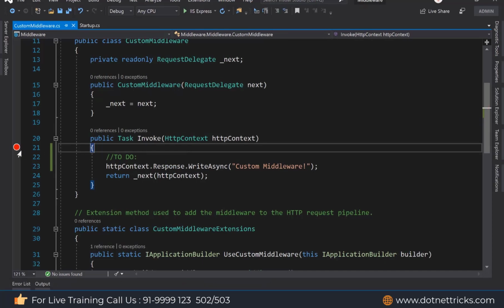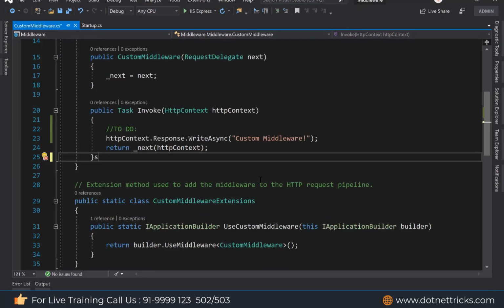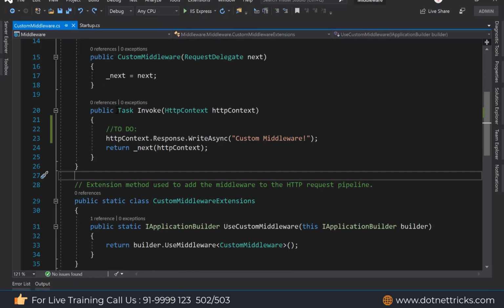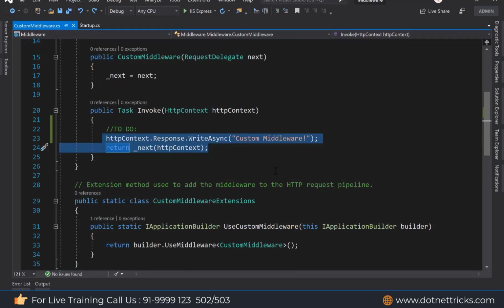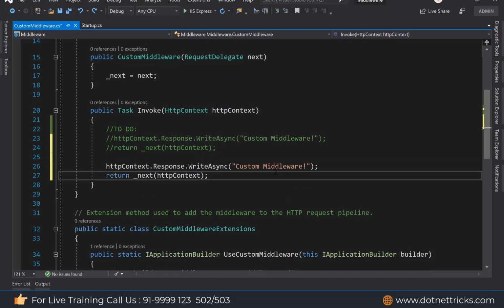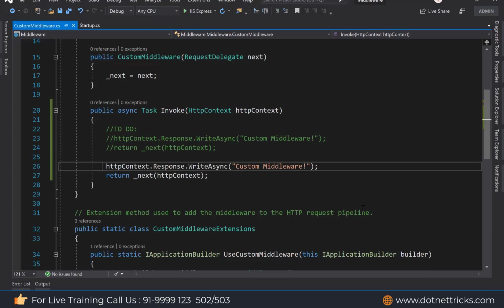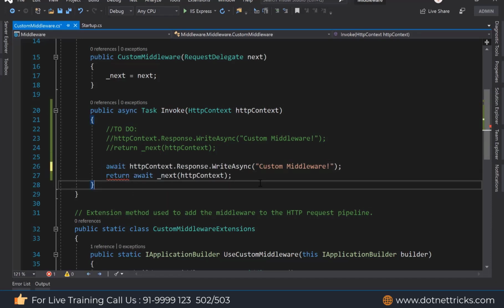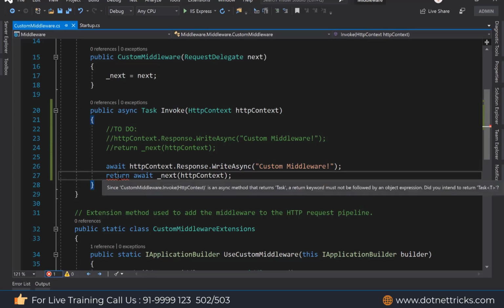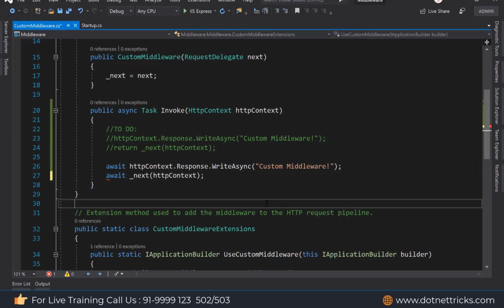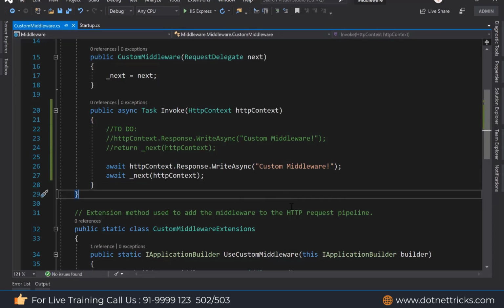Even this middleware we can convert into asynchronous. So we can make an async middleware as well. What change do I need to make here? Let me comment this code so that you can refer to it as a reference. I am just using async here. You need to mention async and use await. By mentioning async and await, we can convert our middleware to asynchronous fashion. And you don't need to mention a return now. It would be only await. Now it is an asynchronous middleware. Now run the code and in the same way it will be executed. You can see I'm getting the output here.